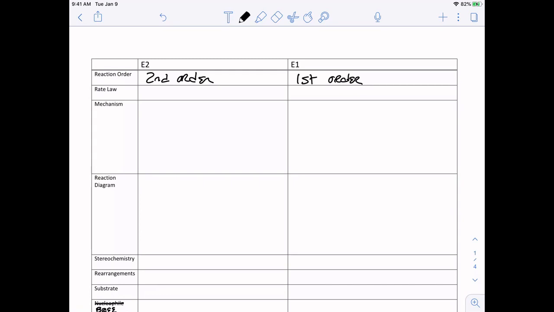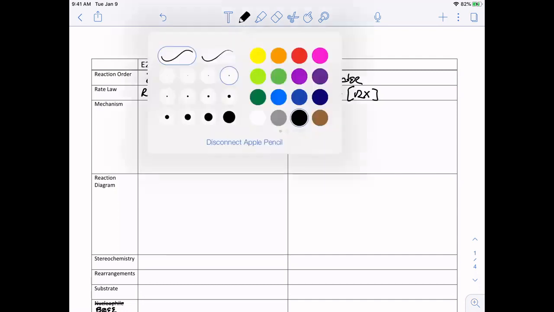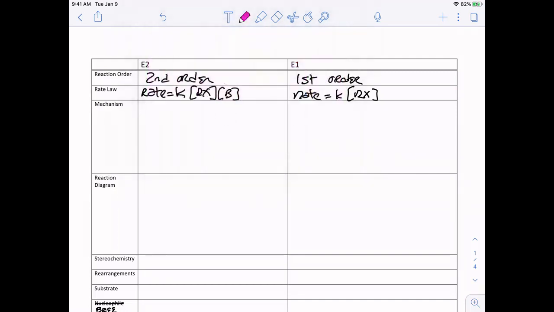Rate law, because it's second order again, remember that means that the rate depends on the concentration of two things, so alkyl halide, and then I'm going to put a B for base. If you put Nu for nucleophile, that's perfectly fine. E1 rate only depends on the concentration of one thing, my alkyl halide being that thing, and then just remember, this is the same rate law